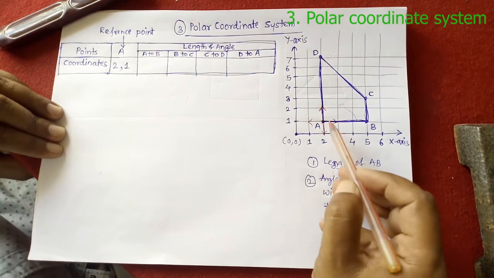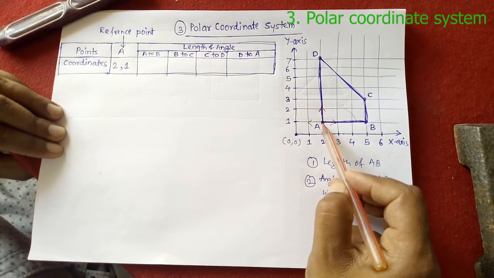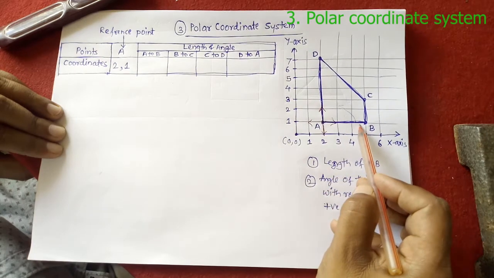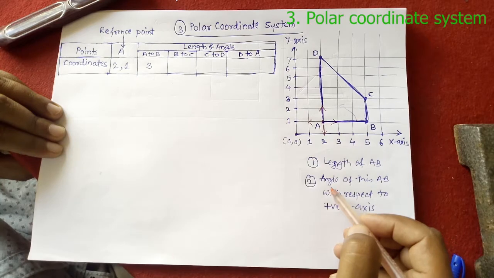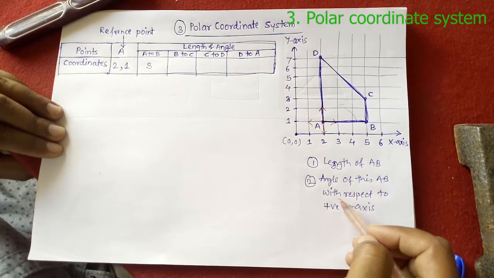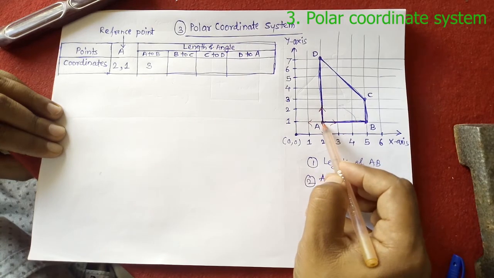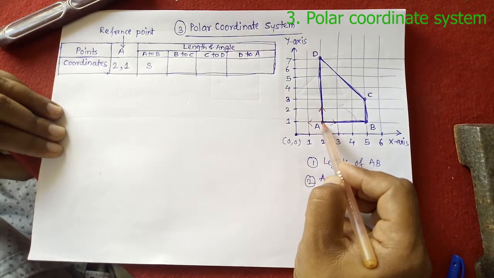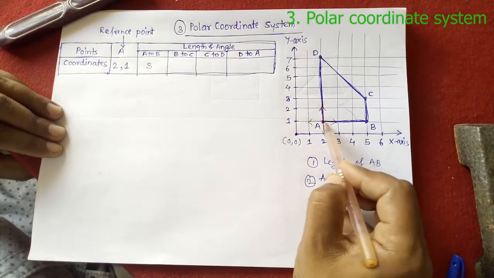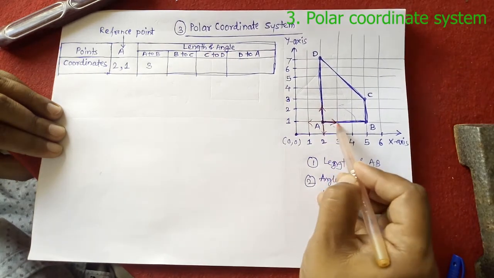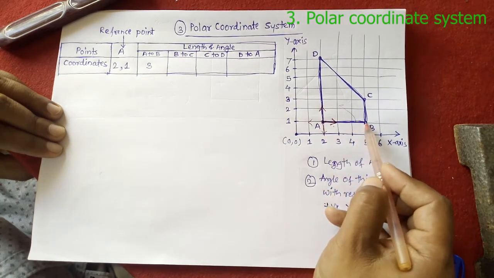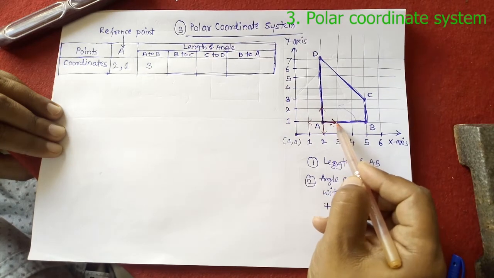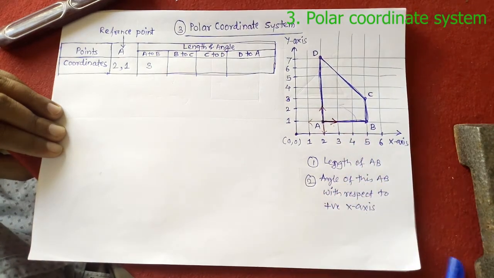So we have considered reference origin at point A. So the length of this line is 1 unit, 2 unit and 3 unit from this reference origin A. So write down 3. And second we must know is angle of this line AB with respect to the positive x axis. As we have considered the reference origin at point A, the angle of this line with respect to positive side of x axis, this is the positive side of x axis of this origin A, and this angle of this line A to B with respect to this positive side of the x axis is 0. So write down angle 0.